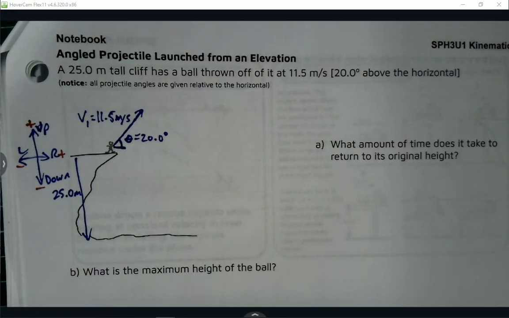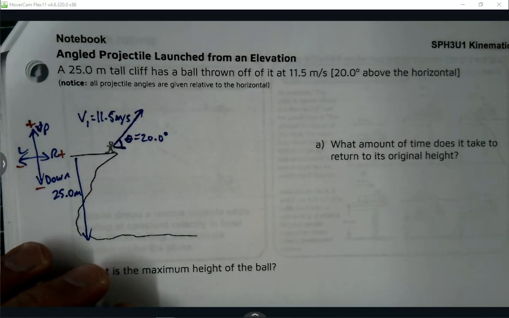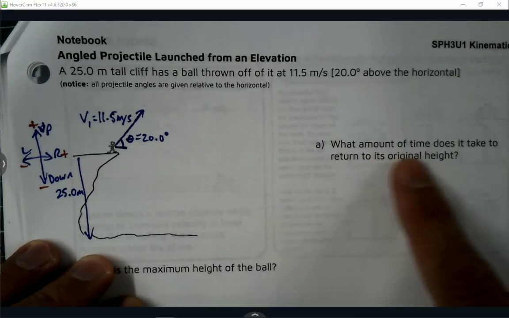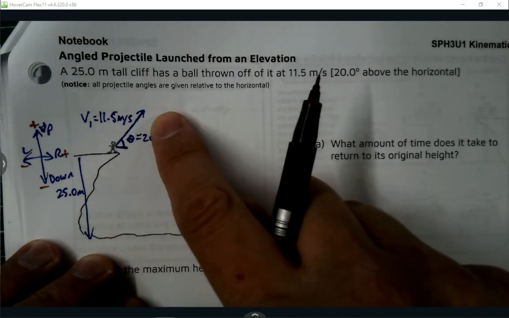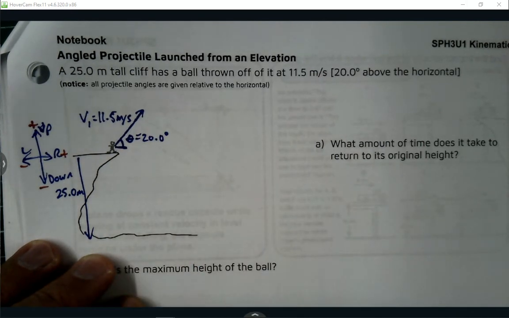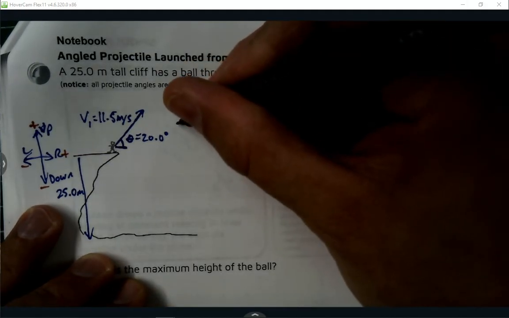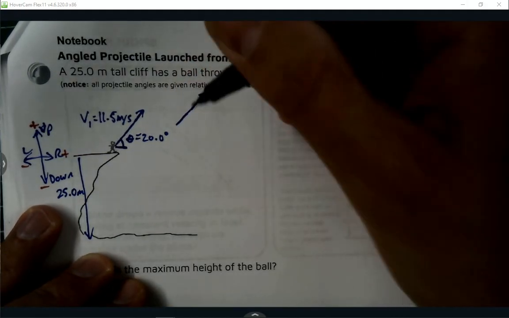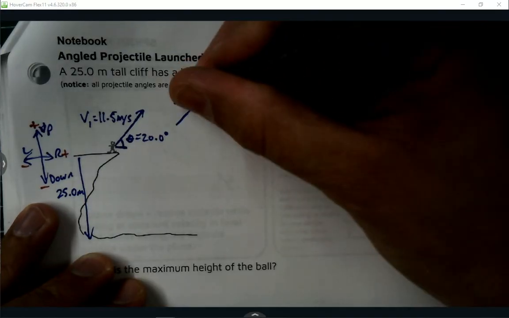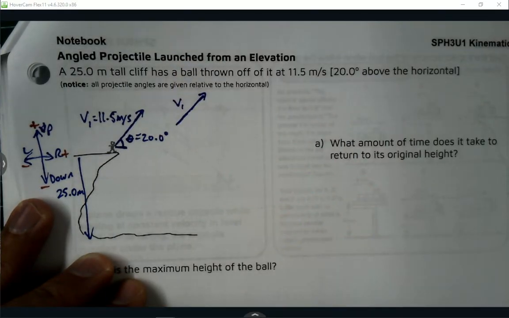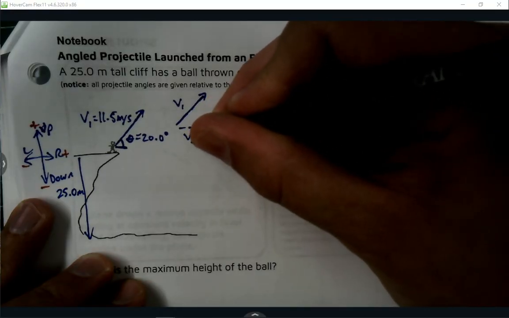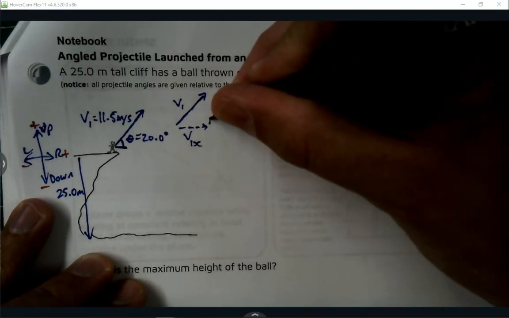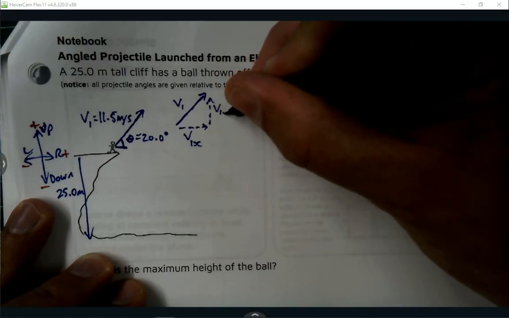And by default, the very first thing that I should do when I approach these kinds of questions, because I'm not even going to look at what the question is first, by default, what we should all do when we have an angled velocity is right away find its x component and its y component. Okay? So what I mean by that is, if I have a velocity that looks like this, we've been talking about components the past few days. So I've got my V1. V1 is going to have an x component, V1x, and it'll have a y component, V1y,